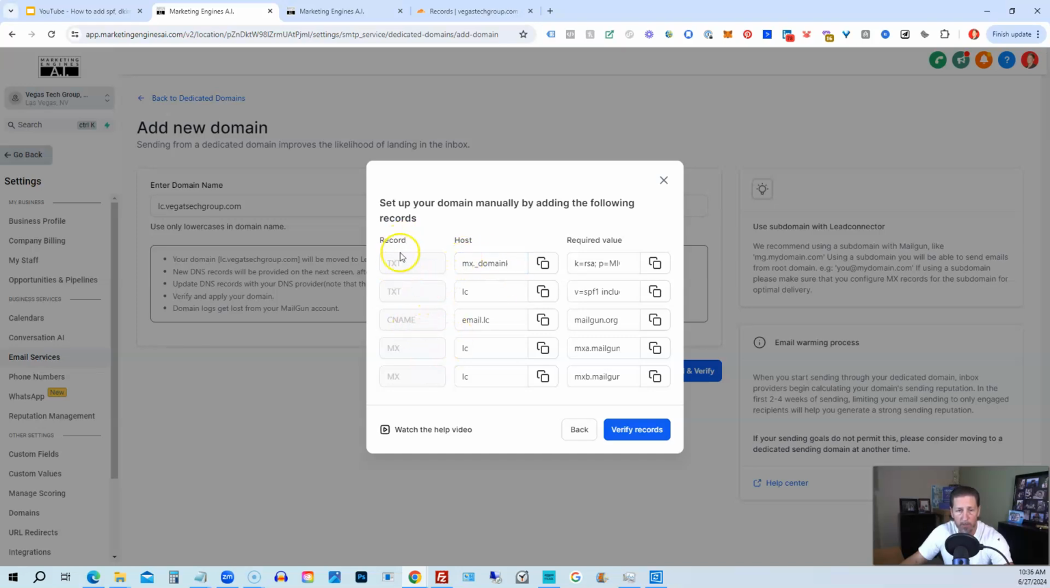What you'll do is create these types of records like TXT for text, CNAME, or MX records. You'll get the host information here just by clicking the copy button. Then you'll get the required value information over here by clicking this button here to copy it. And then you're going to go over to your registrar and enter this information in the DNS